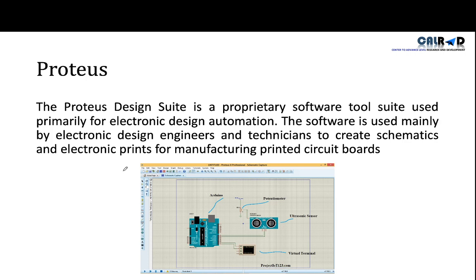In industry, whatever we do, like an FPGA board, before designing an FPGA, or before designing any system, first we implement that design in software, or you can say a professional tool or a design suite. So Proteus is also one of those design tools which are used in industry, in labs, and in research and development in order to simulate our system before implementation.